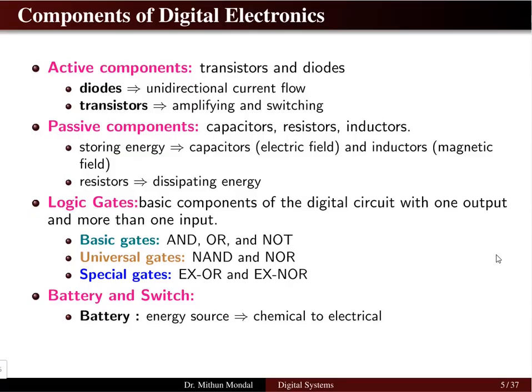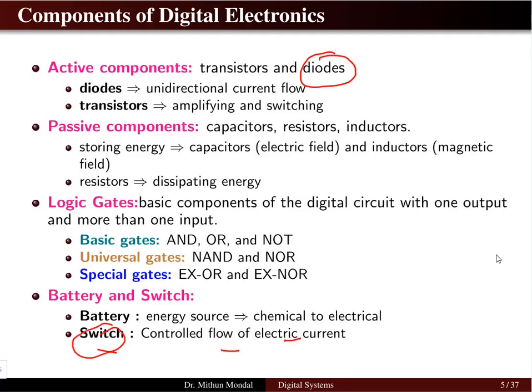So battery acts as the energy storage, which is converting the energy from chemical to electrical, whereas the switch basically controls the flow of the electric current. There is a difference between this diode and the switch, as well as when we talk about the transistors. So switches are